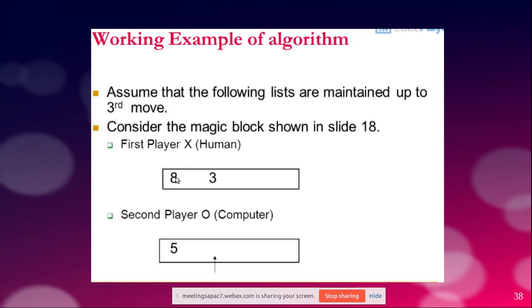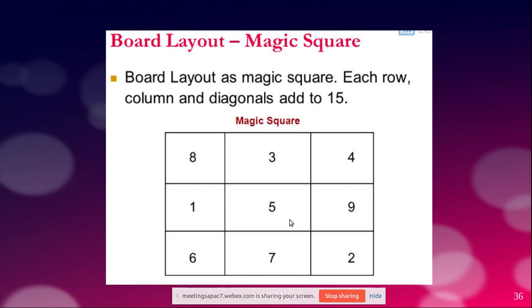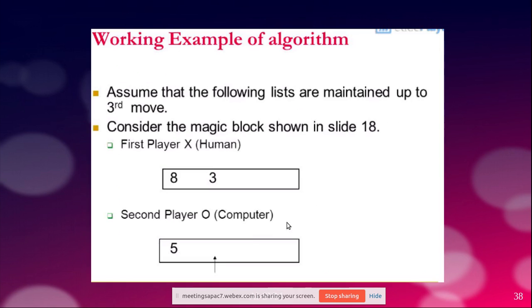So we have made a first move: the human has played 8. That means the first row, first column, that is the cell number 1. And then the second player, the computer, definitely uses the fifth cell, and the number is also 5. And then the human uses the second cell, thinking that in future the third cell will also be available, so that first cell, second cell, third cell together will make a winning shot. So the second cell is used, which has number 3.